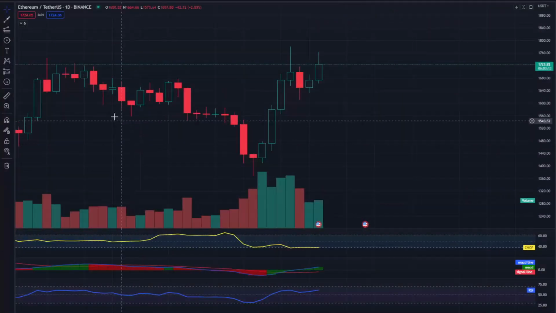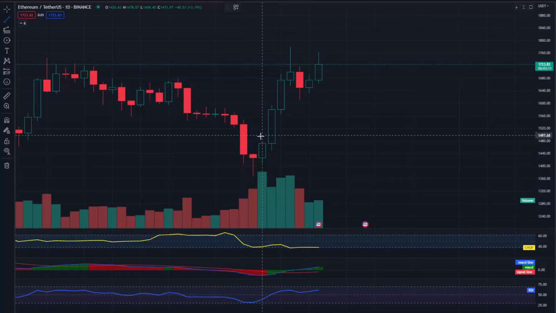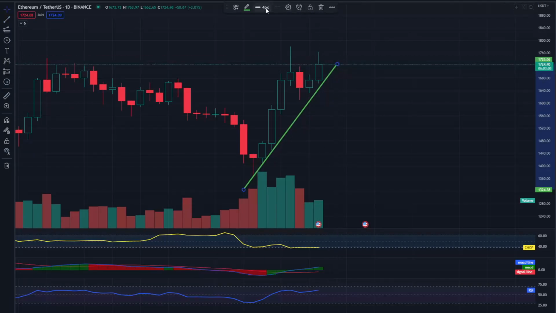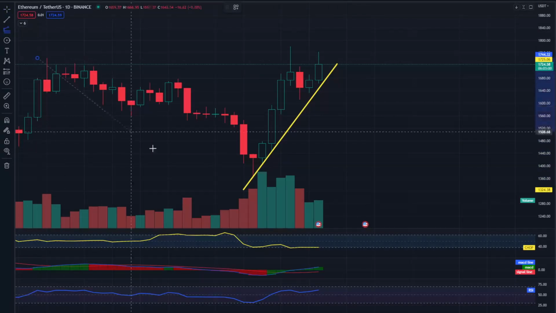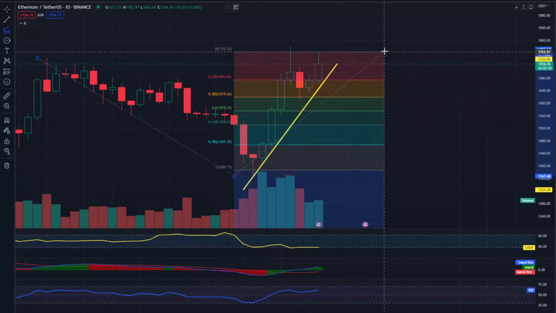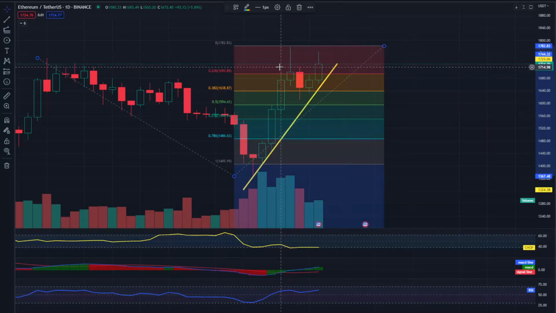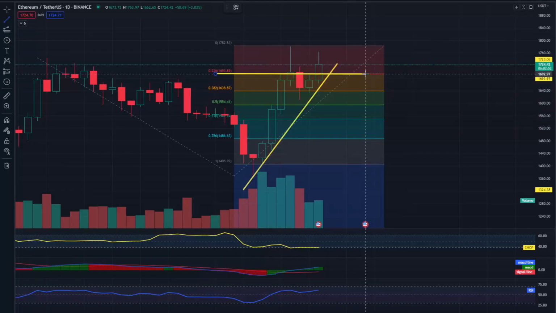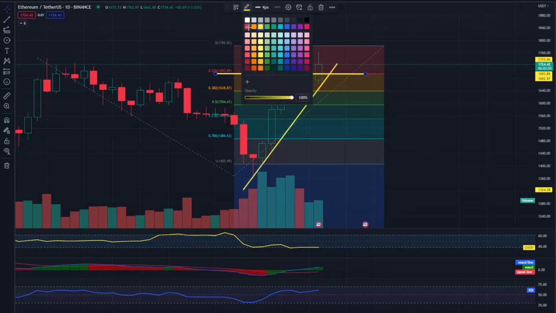As the second chart in today's review, we will check ETH against USDT, this time on a single-day timeframe. First, we will use the yellow line to mark the uptrend line above which the price is moving. Now let's move on to marking the places of support. We will use the trend-based fib extension tool to mark the supports, and as you can see, we have the